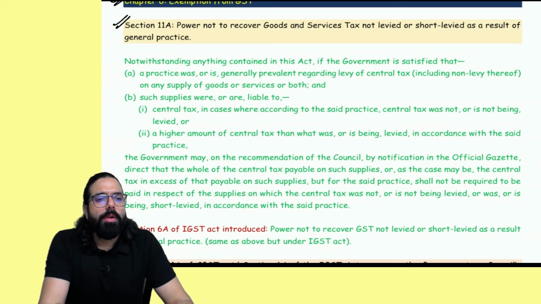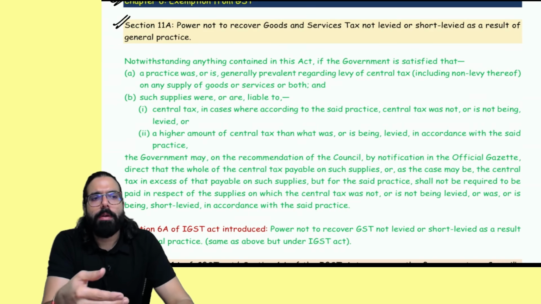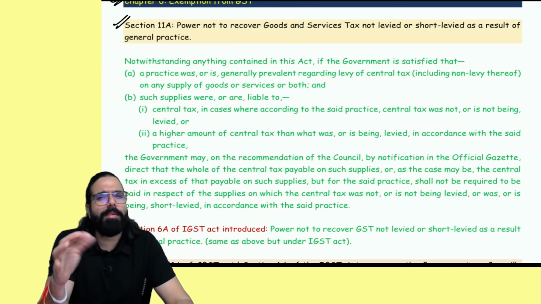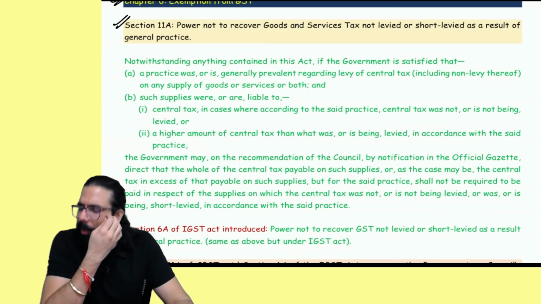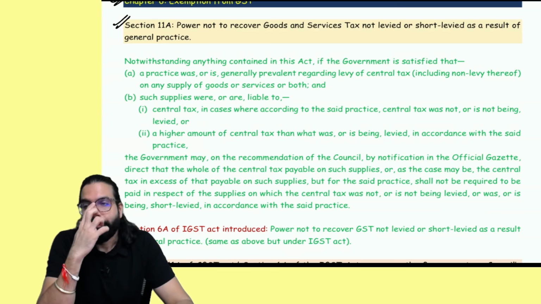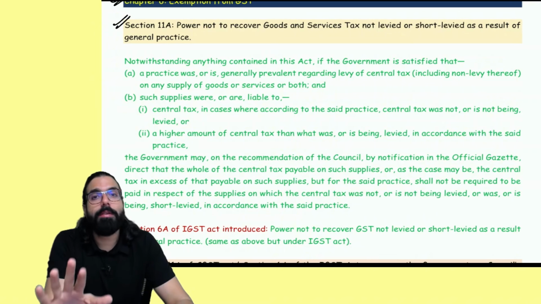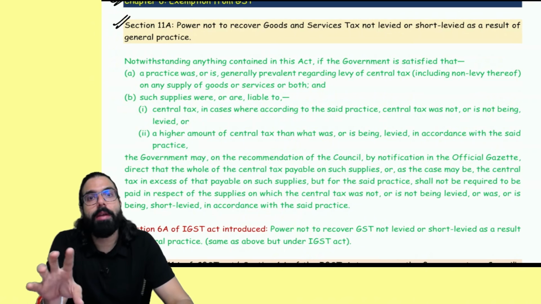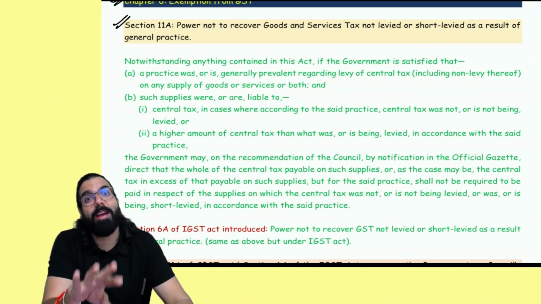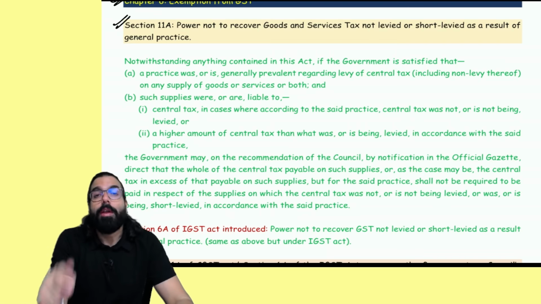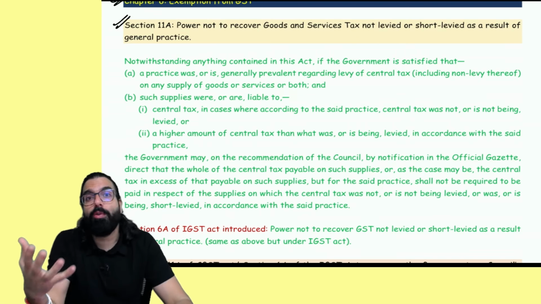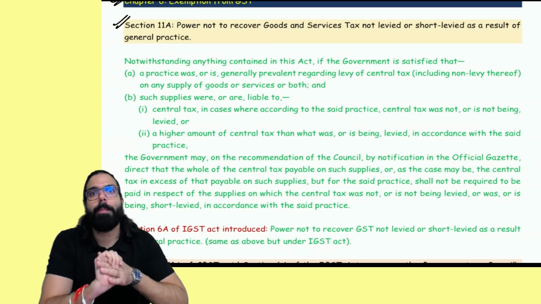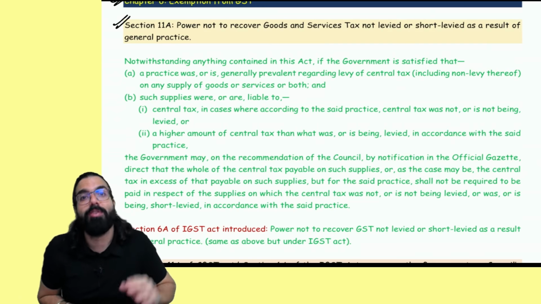Now, because of the GST department's interpretation, it has come to the knowledge that the GST rate should be 18%. Now they are telling the government that, sir, because there was an ambiguity earlier, we did not charge 18%, but we charged 5% over so many years. If you start recovering tax now, it will be a huge amount, sir. Please don't recover. And hence the government has inserted section 11A, which gives the